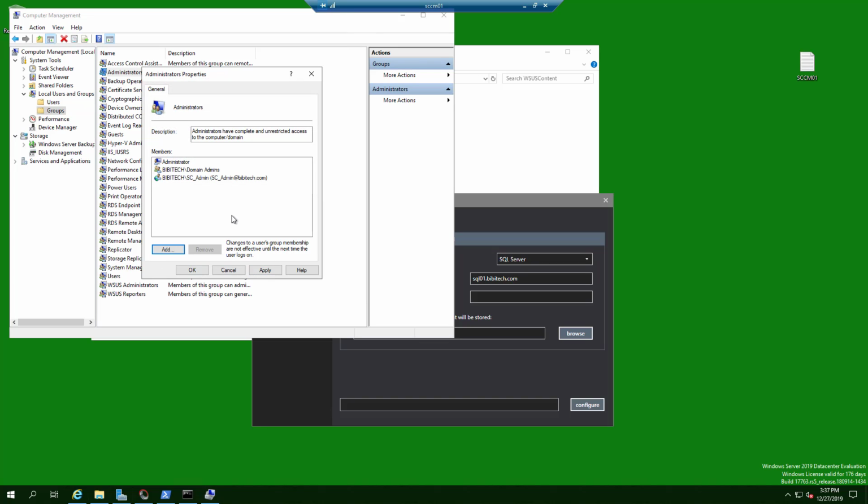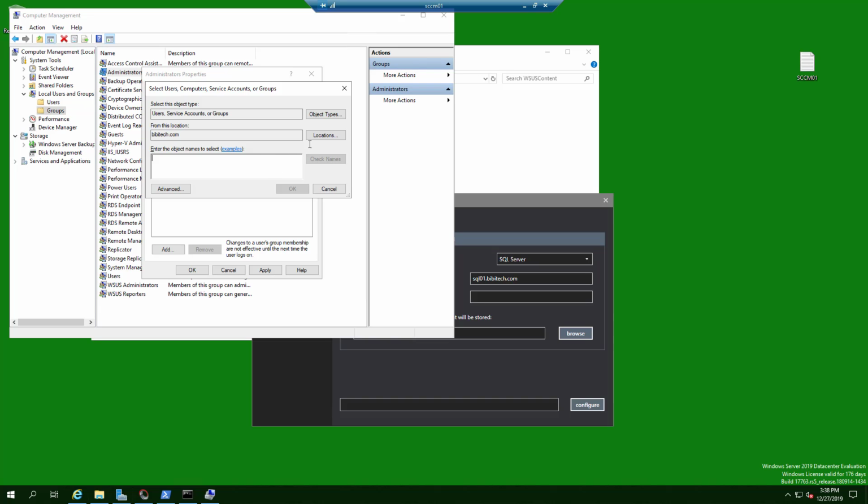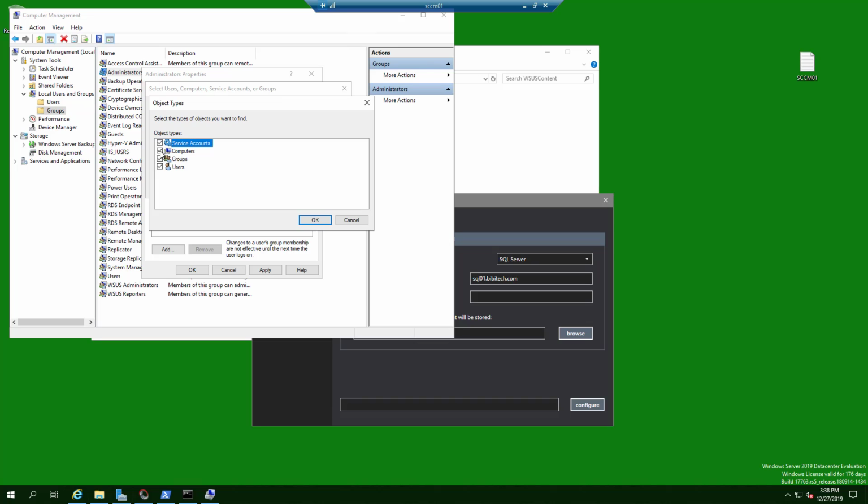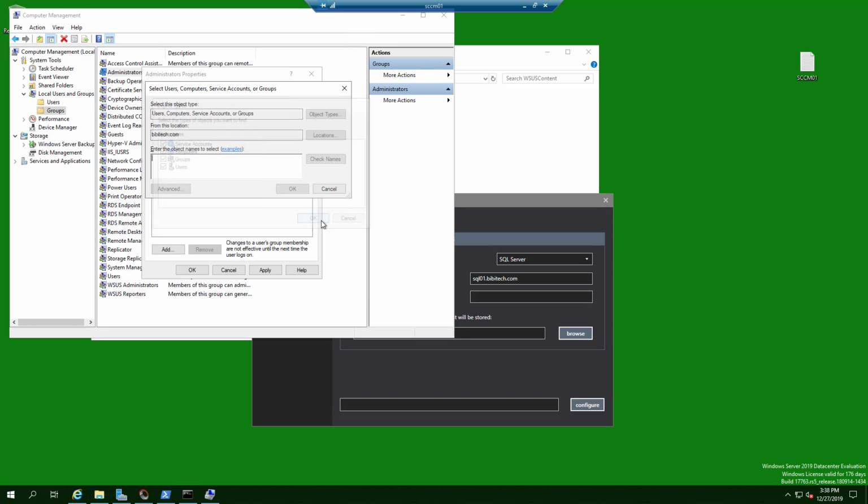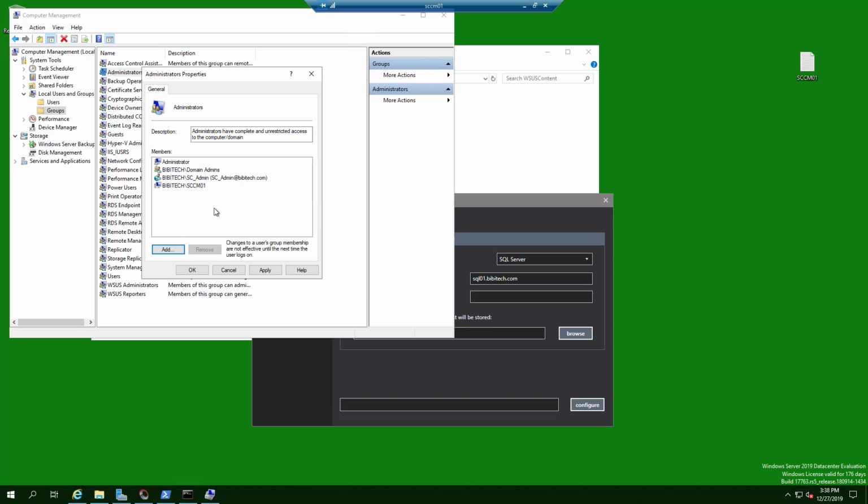Okay, this is admin, but just to make sure that it is added as a local admin too. Then add, and then this one you also want to add SCCM01, the machine, as an admin too. So do location, sorry, object types, check the computers so that you are able to pull the computers too. Click OK, and do SCCM01, check, okay, apply,